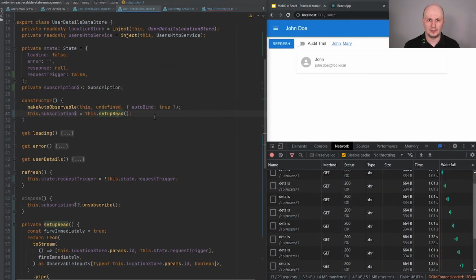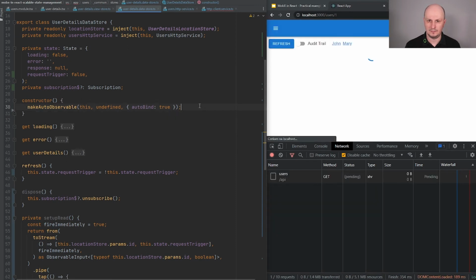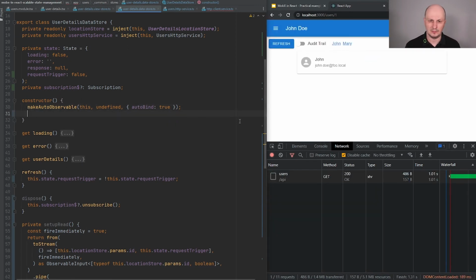Okay, let me show you how to achieve that. Let me go to the user details data store where I'm configuring the stream, and I'm going to get rid of this, save. All right, now nothing happens because I stopped that.